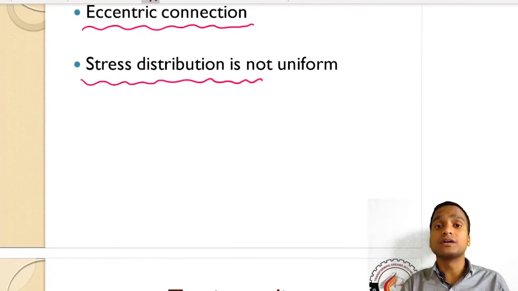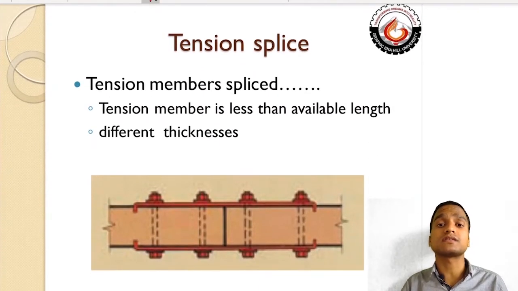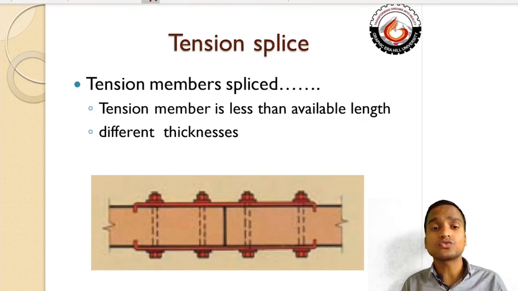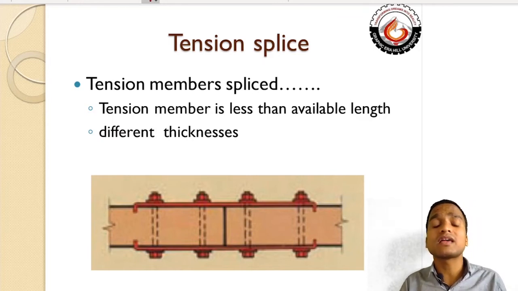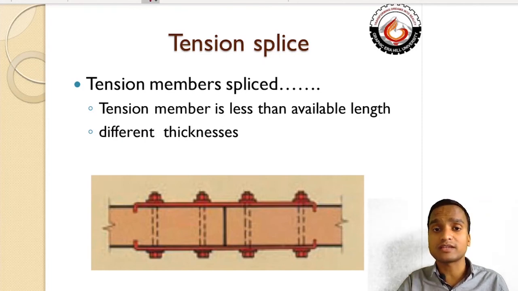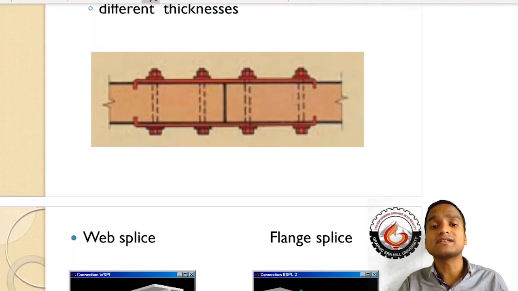Okay. Now the third type of subsidiary member that is used in connecting tension members is the tension splice. So splice means connecting two members. When we go for connection of two tensile members, or a splicing of tensile members, there are chances that the available length is less in case of tension members, or the tension members have different thicknesses. So in those cases we use tension splices, and this is the diagram of tension splices being done in the